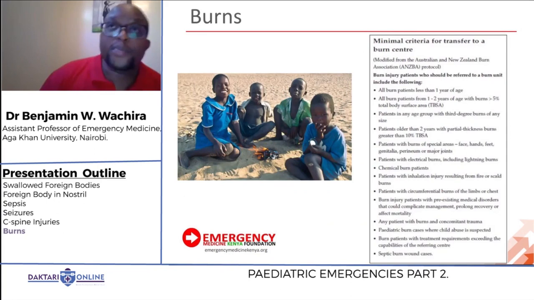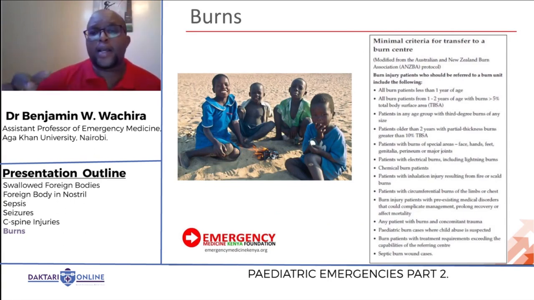All right, when do you send these people to a burn center? So not all places will have a major burn center. I think Kenyatta, MTRH, may have one. All burns in a child less than 1 year, burns in a child 1 to 2 years of age with burns more than 5% of total body surface area. Patients in any age group with 3rd-degree burns, patients older than 2 years with partial thickness burns greater than 10% total body surface area. Patients with burns of special areas, hands, feet, genitalia, face, perineum, major joints, electrical and lightning burns, chemical burns, inhalational injury, circumferential burns,